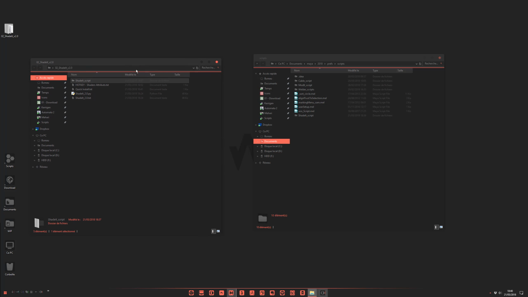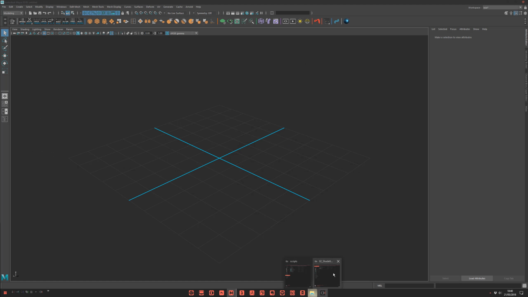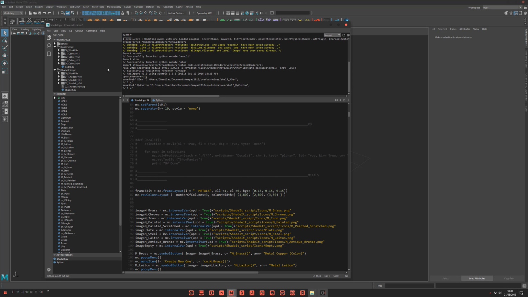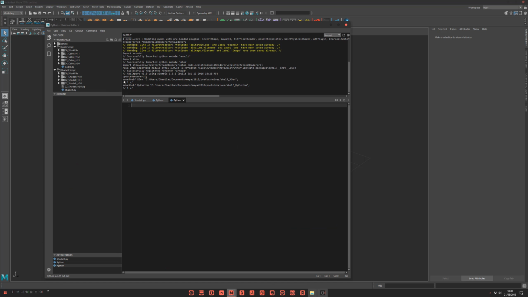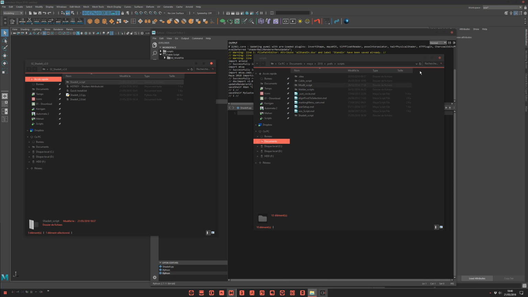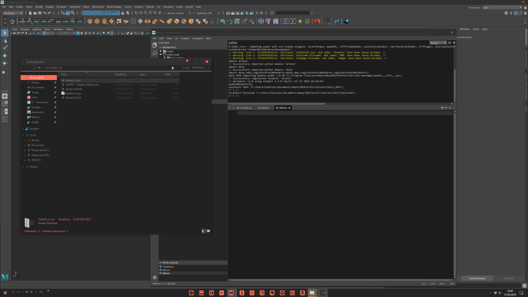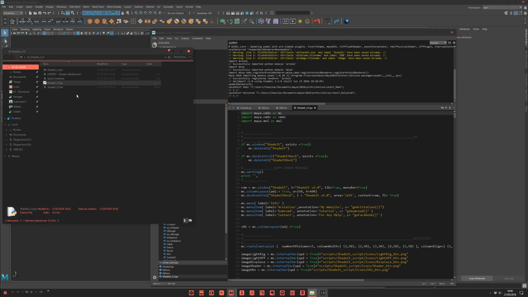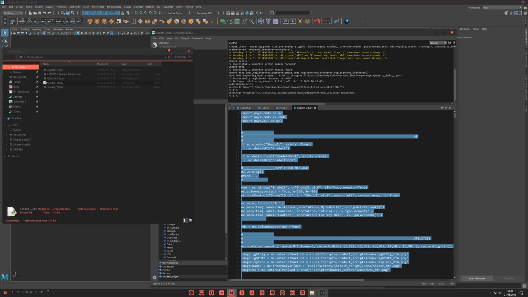Then second thing, really simple as always. Here you have two solutions. Open your script editor. Mine is a bit special, but it's the same for you. Be careful to open a new tab in Python and not in MEL. First, you can simply drag and drop the .py Python file here. Control A and middle mouse button drag to the shelf.